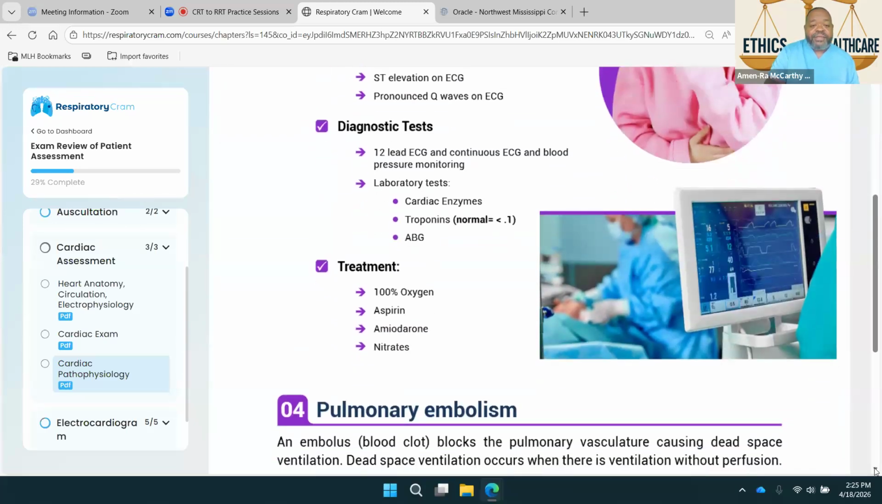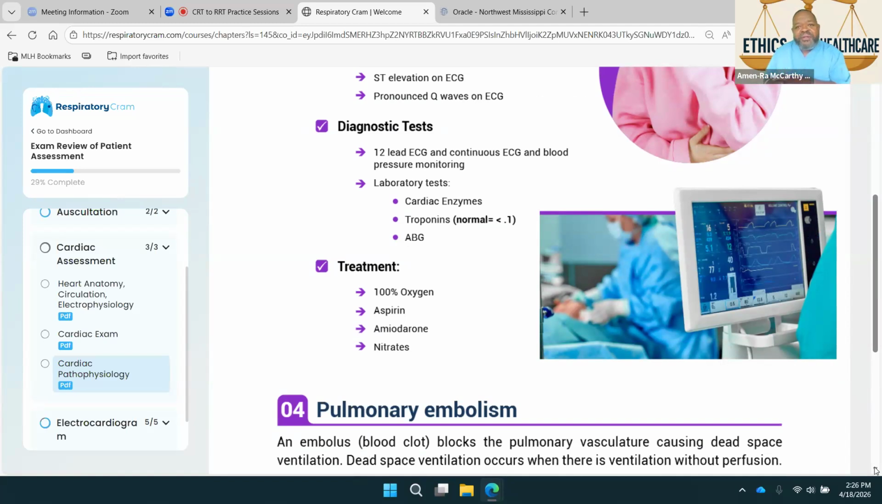Some of the other diagnostic tests: 12-lead EKG, right? Continuous blood pressure monitoring, cardiac enzymes, troponins. A normal troponin, write this down. Normal troponin should be less than 0.1, because you may get a question that says he has a troponin of